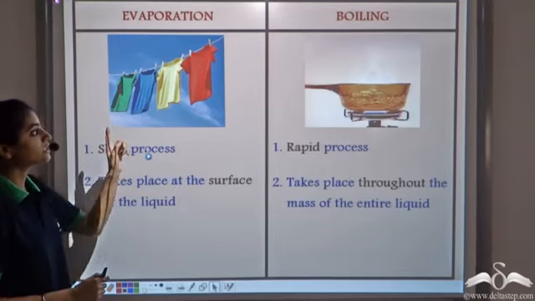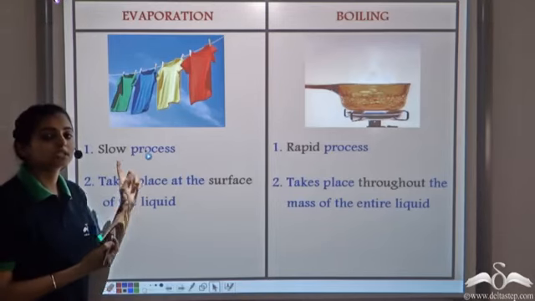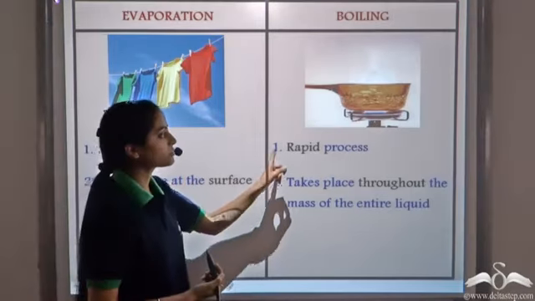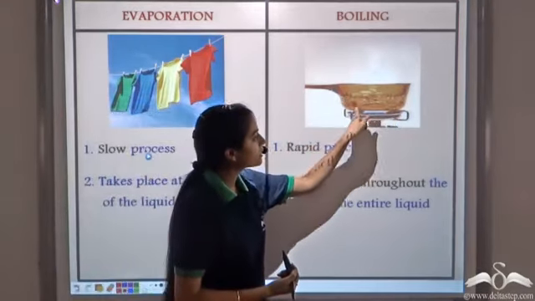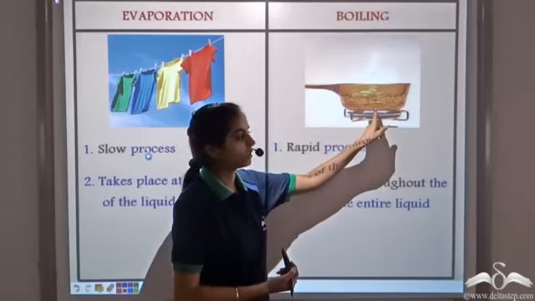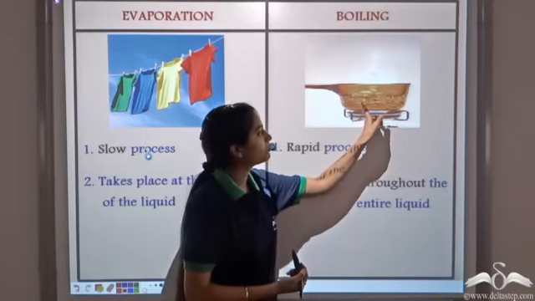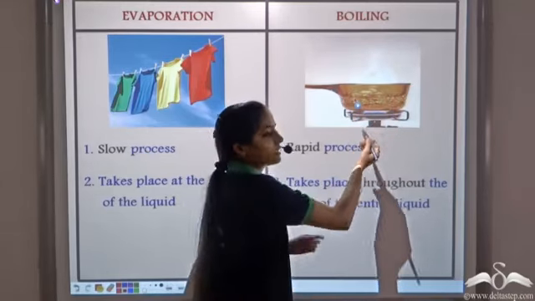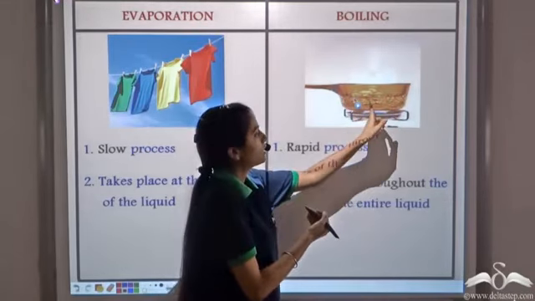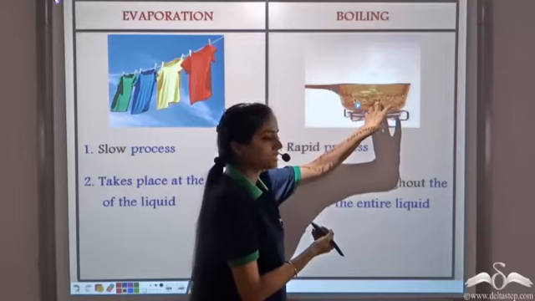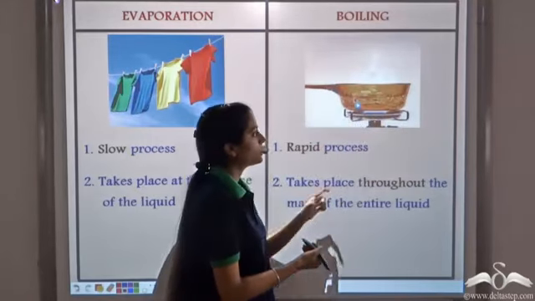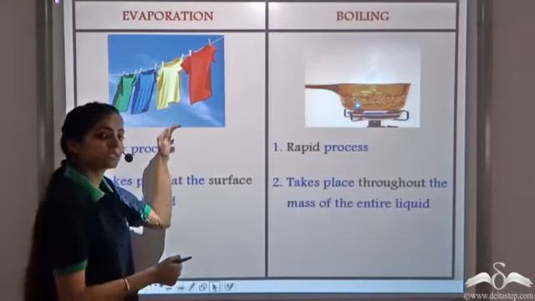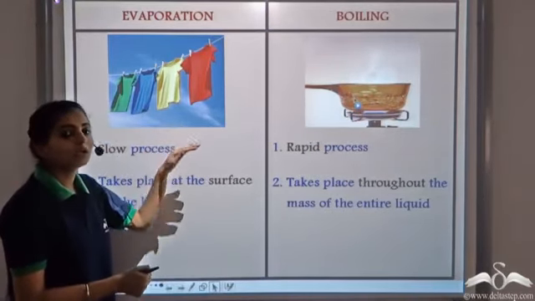Evaporation takes place at the surface. We know that evaporation is a surface phenomenon. It takes place at the surface. And boiling takes place throughout. So you see that bubbles are formed throughout the bulk of the liquid. These bubbles signify that boiling is taking place throughout the bulk. That is, each and every particle experiences the change. Each and every particle extracts heat and changes into the gaseous form. So boiling is taking place throughout the bulk of the liquid, whereas evaporation, being a surface phenomenon, takes place only